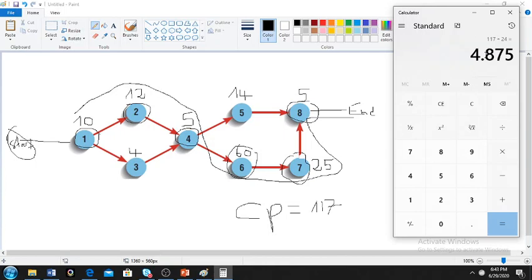I will say that my project is 7 months, because here the critical path is giving me close to 5 months. I will have 2 more months to get the project duration. So these 2 months I have added is the margin,